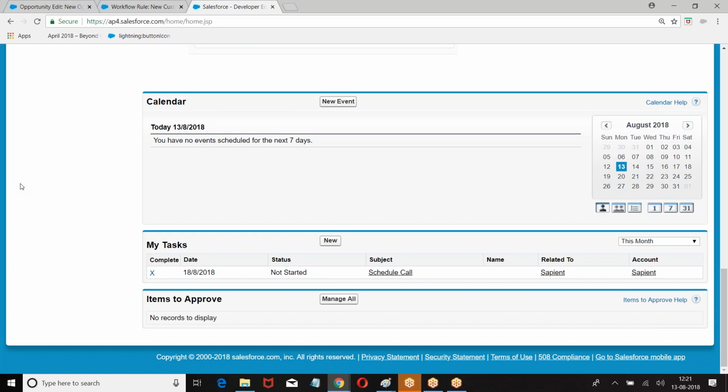So when a rule is met, when a condition is met, when evaluation criteria is met, then perform the action, which is called workflow. On an object, when an evaluation criteria is met, check the rule. When the rule is met, check the immediate or time dependent and perform the action. Are you getting my point? Are you clear about this?